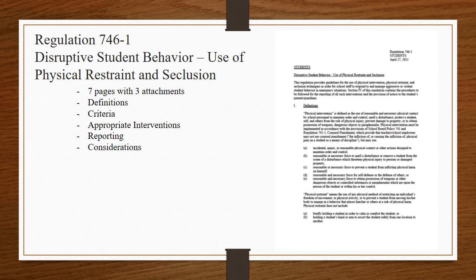Now, within this regulation, it also goes into detail in regards to how to report it and how to give notice of these particular interventions that have been in place for a student. So, of course, we do a referral, a report for the student, and then contact the parents by phone or electronic communication. So, not sending home the referral, not sending an email. Our first immediate contact needs to be by phone. So, that is extremely important.